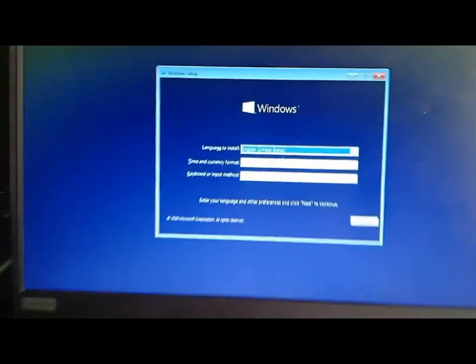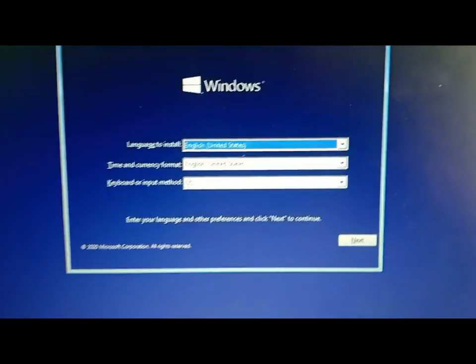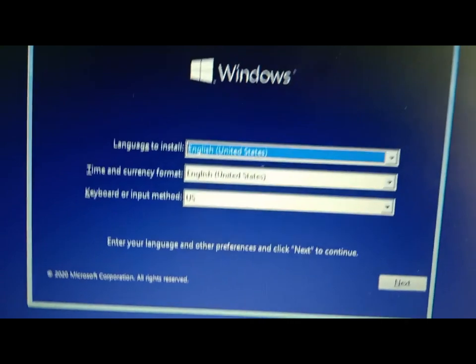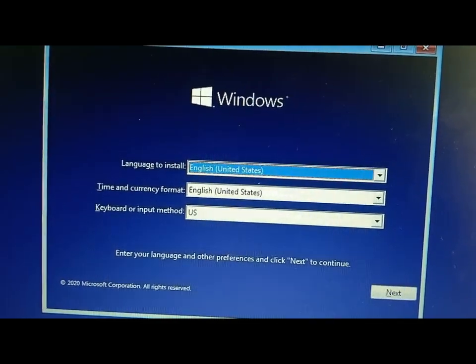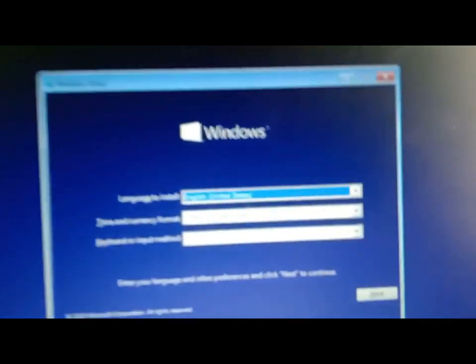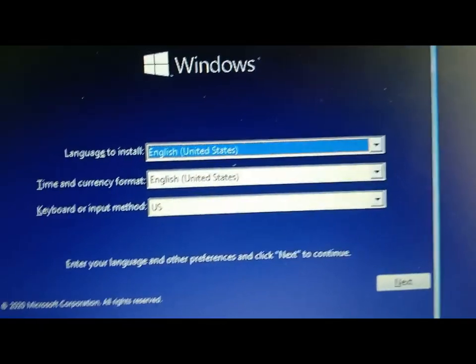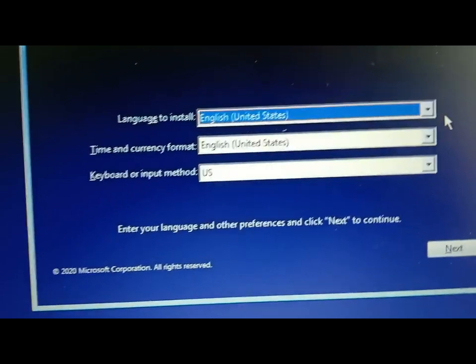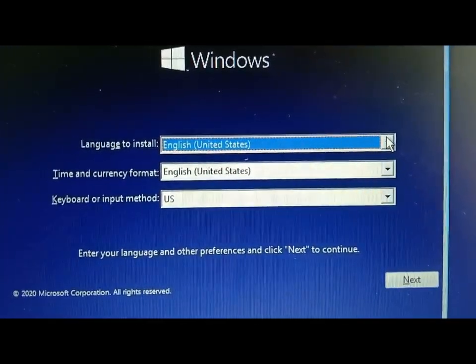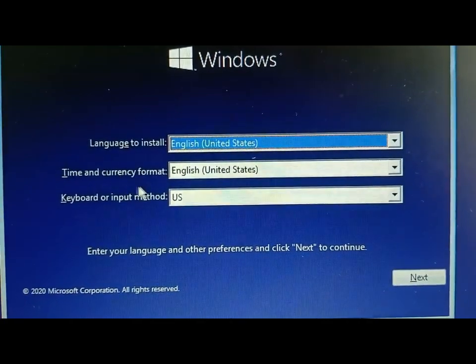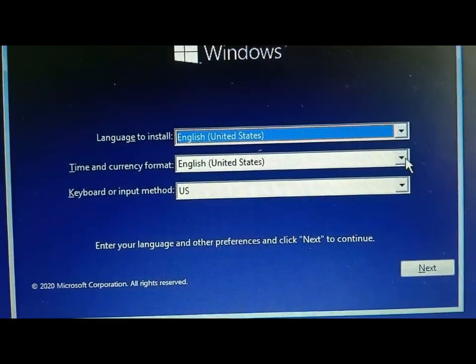See, this is the first step for Windows installation. Here it is asking for the language. You should choose your language. By default, US is selected for language. After that, for time and currency you should select India.